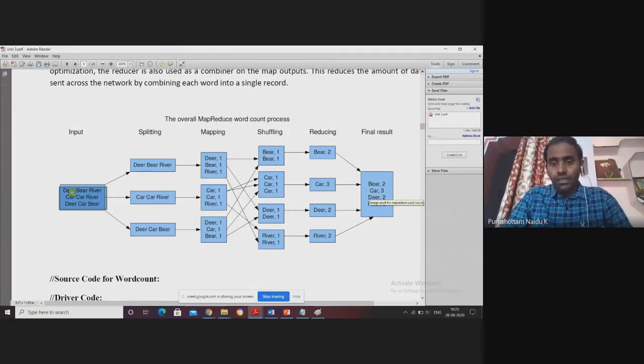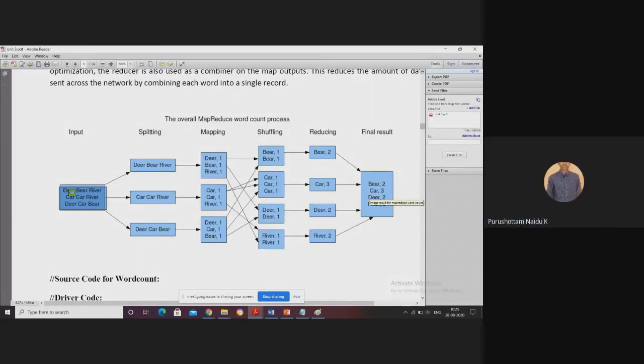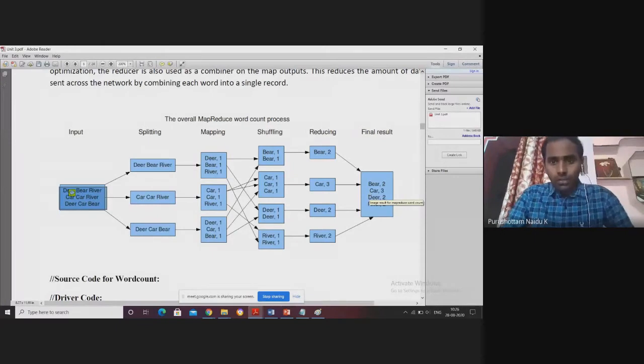We may increase the number of reducers. That is another concept we'll discuss later. We may reduce or increase the number, but we must write a statement in our program for how many reducers I want to maintain. We have to write the logic in the statement, but by default it takes only one reducer. So then we get the final result.